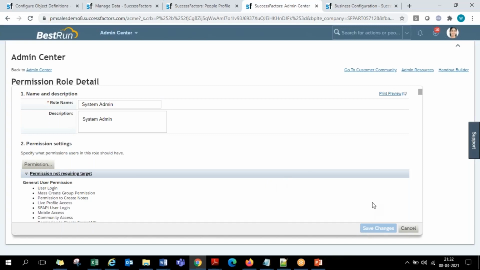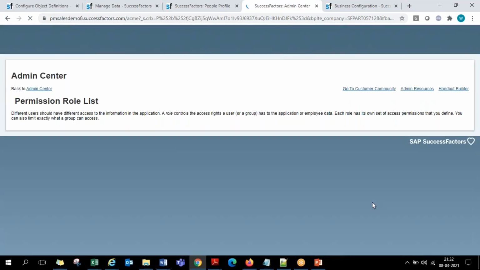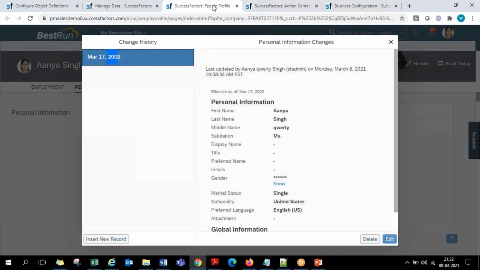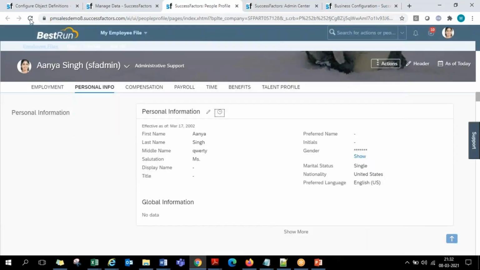Again, we'll have a dedicated session on permissioning of role for Employee Central, and we'll revisit this then. In the process, this has come, so that's why I'm spending some time. Once you have done this permission roles update, if you refresh the employee profile screen, the subdivision field that has been added should start appearing on the portal.